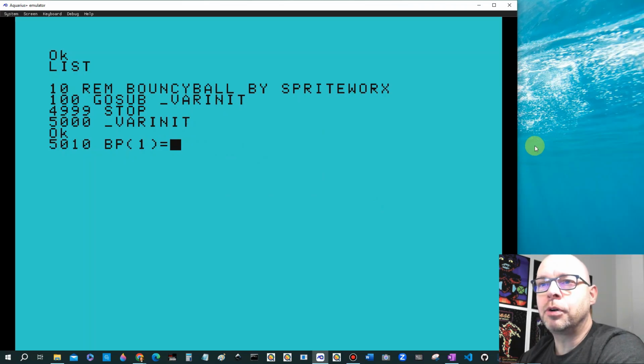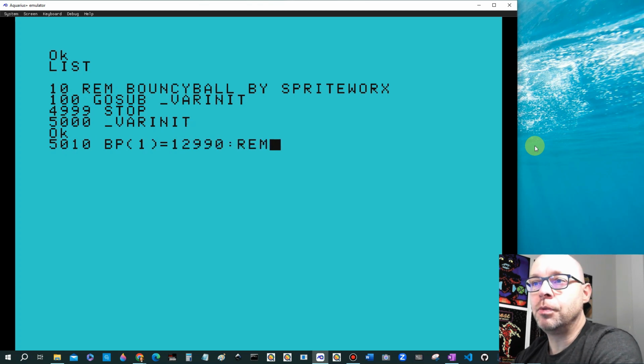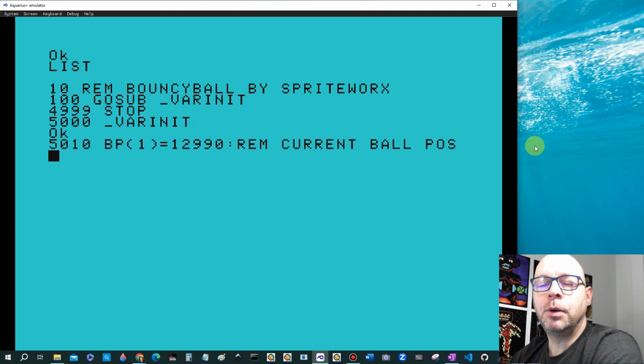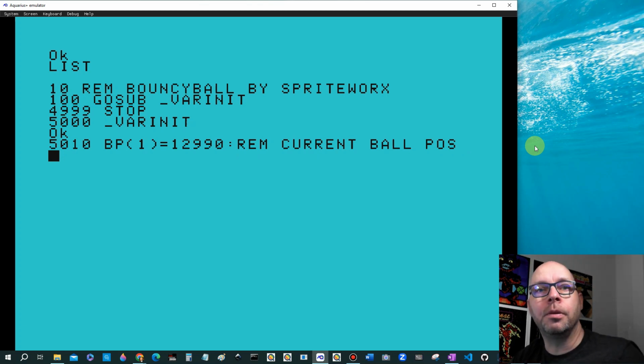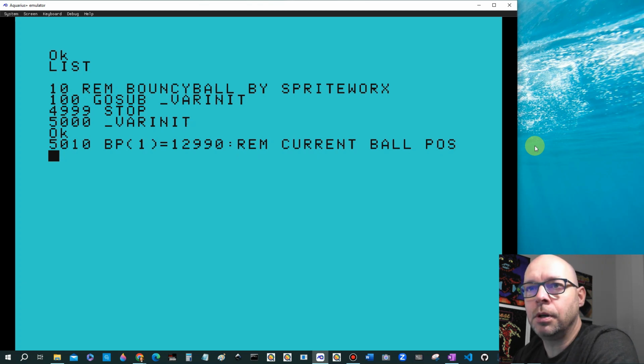So back in our program here, I'll say BP1 equals 12990, and I'll put a rem statement, rem current ball position, just like that. And now we need another variable to keep track of where the ball is planning to go, because it's moving, right? So it's going to be calculated in the program where the ball is going to be positioned next. So I'm going to use a different variable for that, and that's going to be BP2. So I'll just say 5020